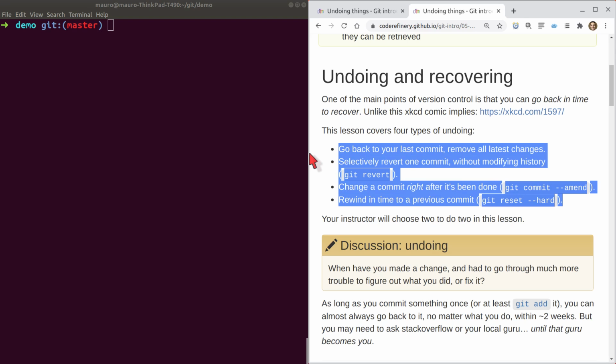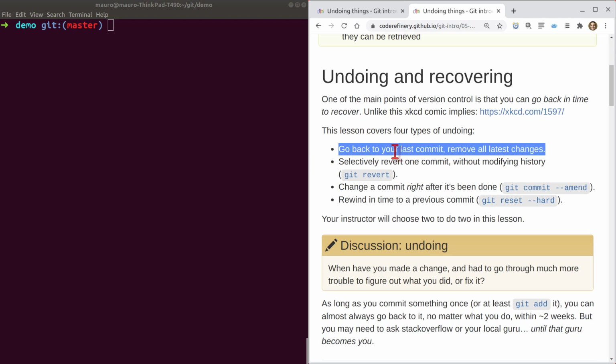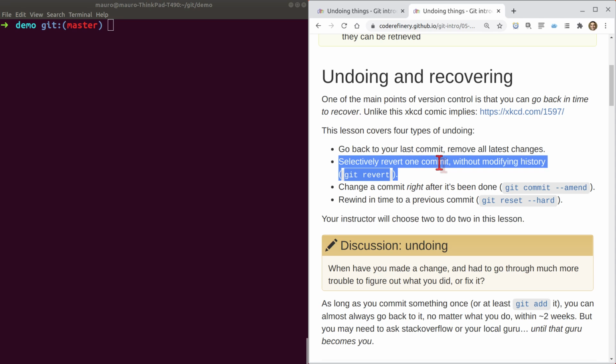Today we're going to be covering 4 ways. So the first way is how to go back to your last commit, removing everything else that you have done, basically on the head of the repository. Then we are going to be reverting a commit, basically to create a new commit, without modifying the history,